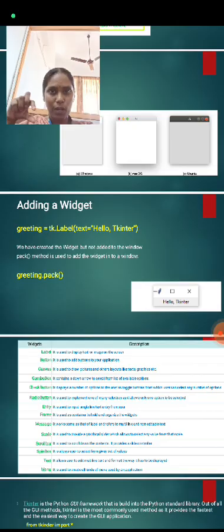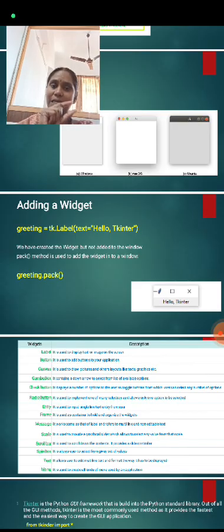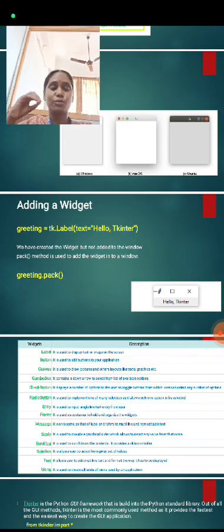See, greeting equal to, greeting is a variable name. Greeting equal to tk, the module we have imported with the alias name, short form of the tkinter module, tk dot Label, a function which we call for showing the message. tk dot Label of text equal to "Hello, tkinter" in double quotes. We are just going to display this, Hello tkinter, or hello how are you, like that. Whatever the message you want to